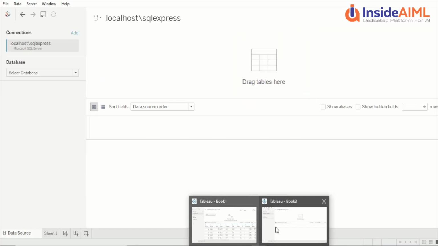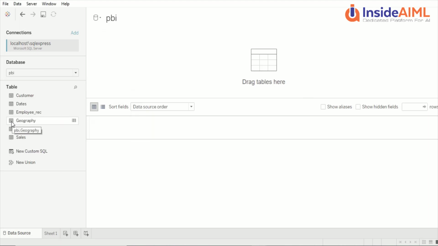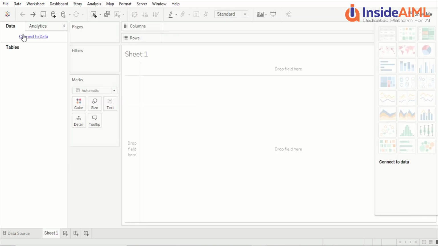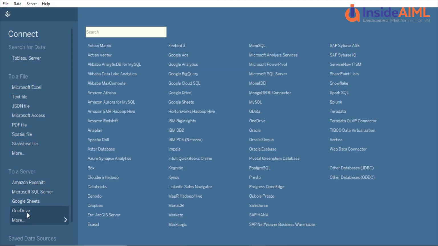So let's go back and look here. We connected it, it connects, and we have the database. We can choose one of those and connect to it. So easy connectivity with OneDrive, easy connectivity with Google Sheet, easy connectivity with SQL Server. We have explored 3 in the last few minutes and we are finding that things are pretty easy out here. Let's see what all are there.